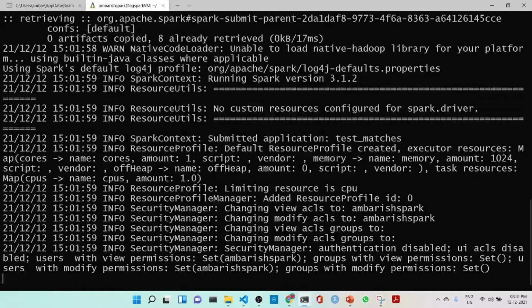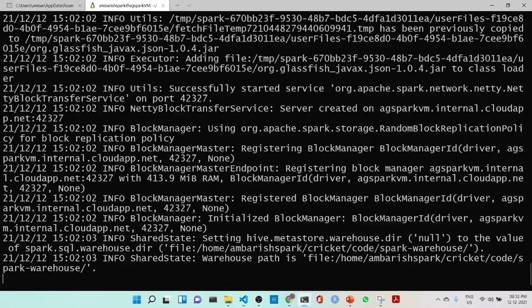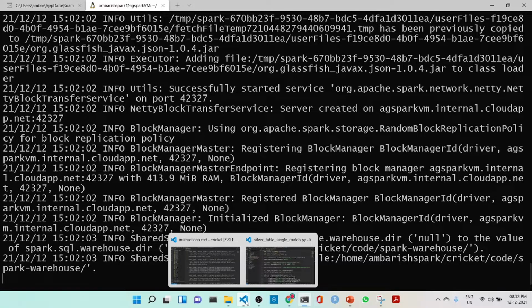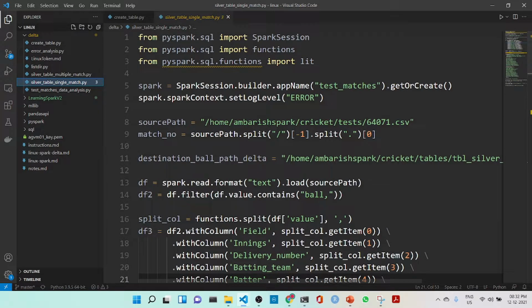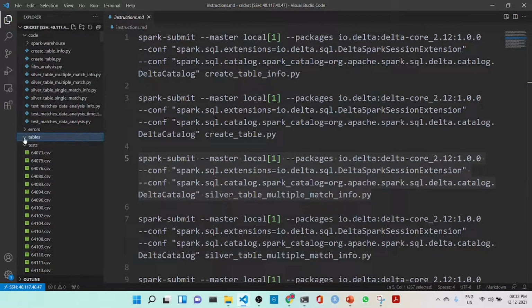While it is running, we will explain how the logging is maintained. Let it run, and it will take some time. While it is running, we'll go back and see about the log. So here what is happening is that in the tables,